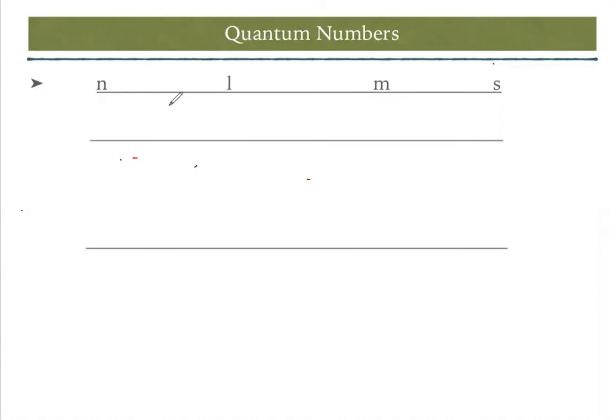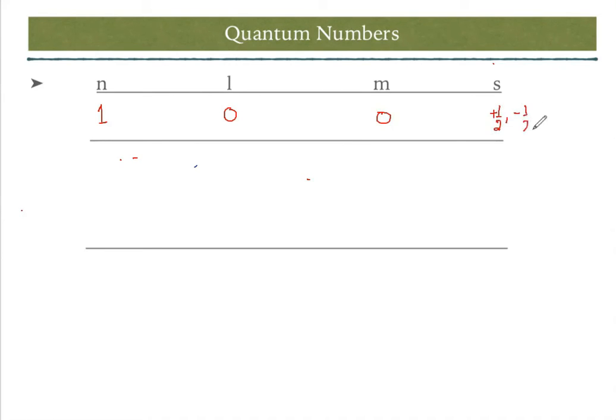Now for quantum numbers, we will derive the values for n equal to 1, 2 and 3. So we'll find out all those values. n cannot be 0. The value of n will start from 1, right? If n is equal to 1, what is the value of L? L is 0. What is the value of M? M is 0. What is the value of S? S can be plus half or minus half. Okay, so I'm writing plus half,